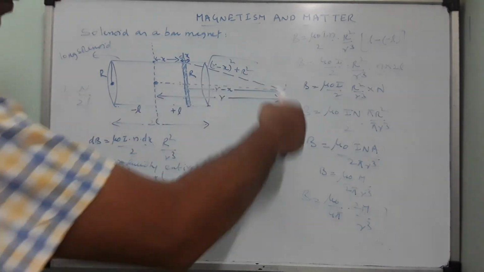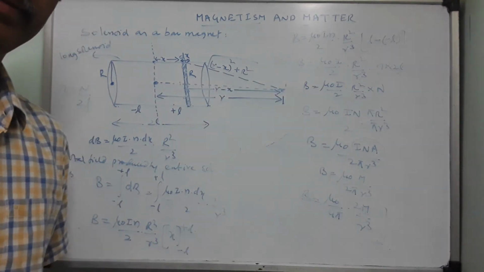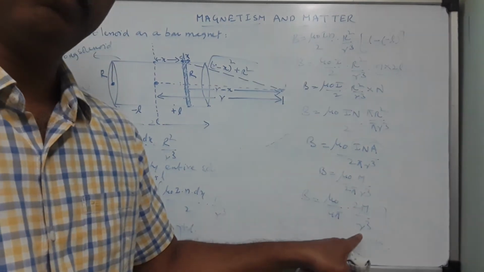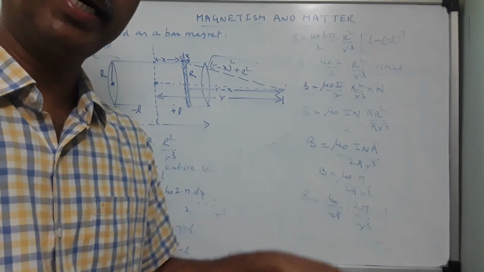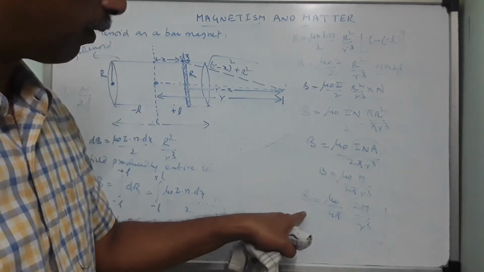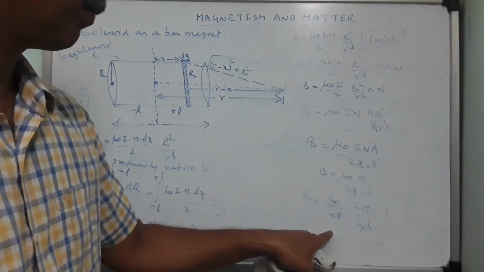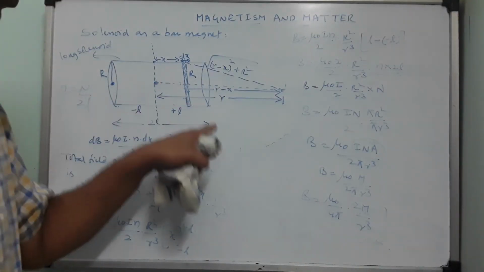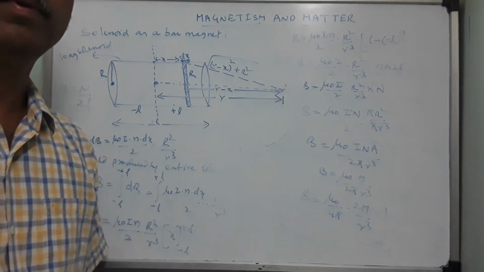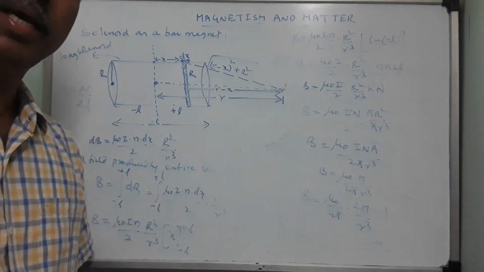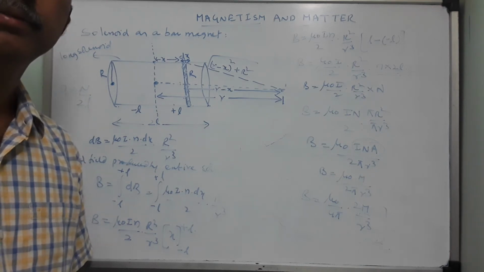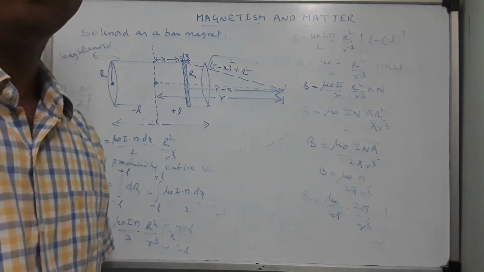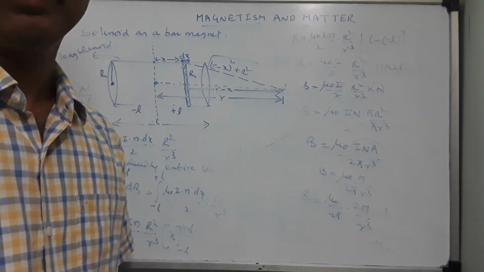So your solenoid also will produce the same magnetic field. Electric field, that is 1 by 4 pi epsilon naught, 2p by r cube, of an electric dipole. Magnetic dipole is nothing but a bar magnet, also will produce the same magnetic field, μ₀ by 4 pi, similar, 2m by r cube. Therefore your solenoid field and the bar magnet field both will be what? Identical. They have similar properties. So the field lines produced by a bar magnet are also similar to the field lines produced by a solenoid.